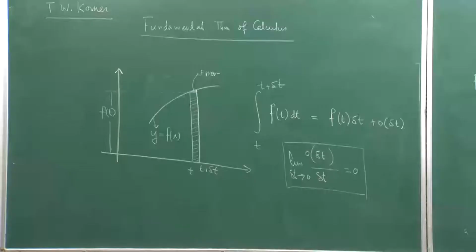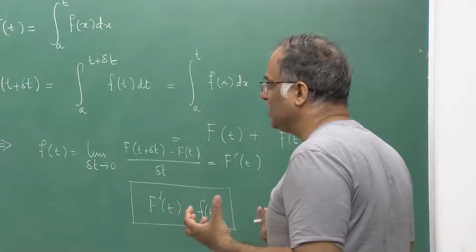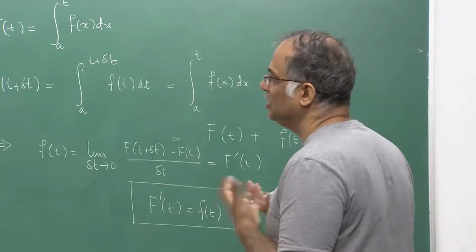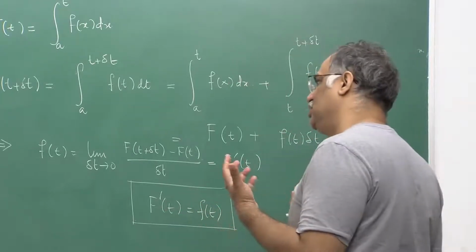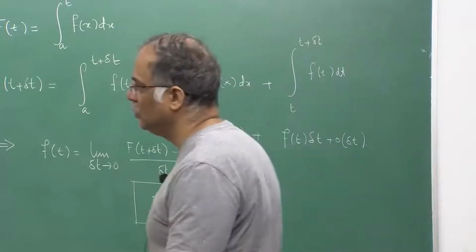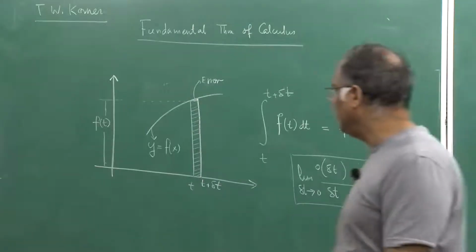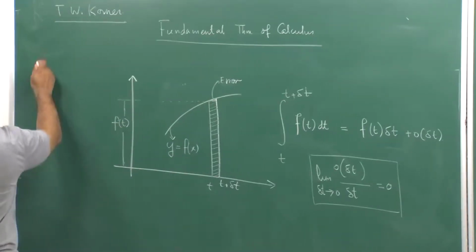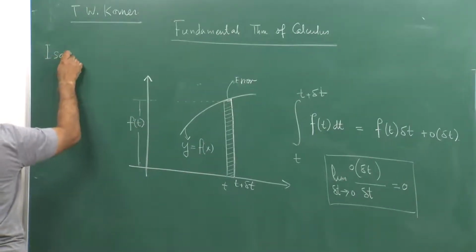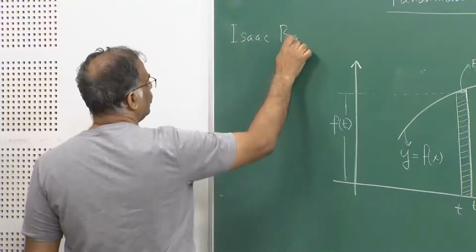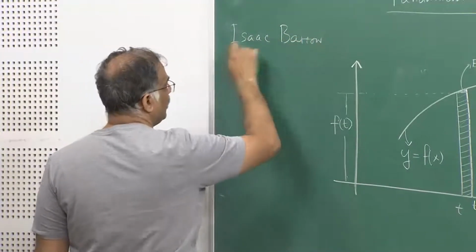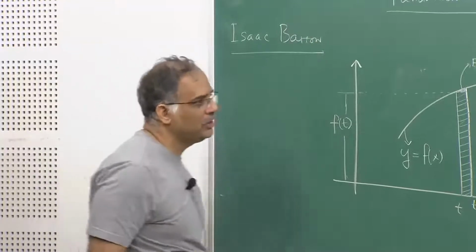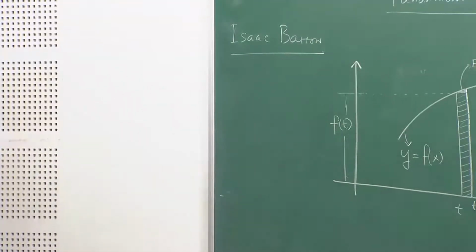So as I told you, greats like Newton and Leibniz gave us what is essentially the relation between the derivative and the integral, hence the relation between area and tangents, which were known geometrically. The geometrical idea, which is essentially this one, was understood by Isaac Barrow. Isaac Barrow was a theologian and a mathematician at Cambridge, was the master of Trinity College, and also was the first Lucasian professor of mathematics